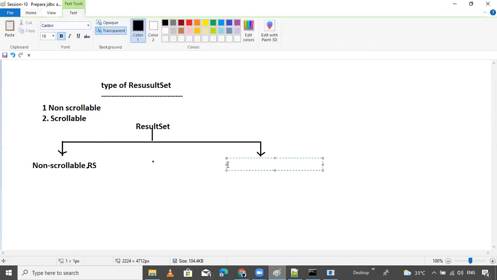And here is the scrollable result set, RS.